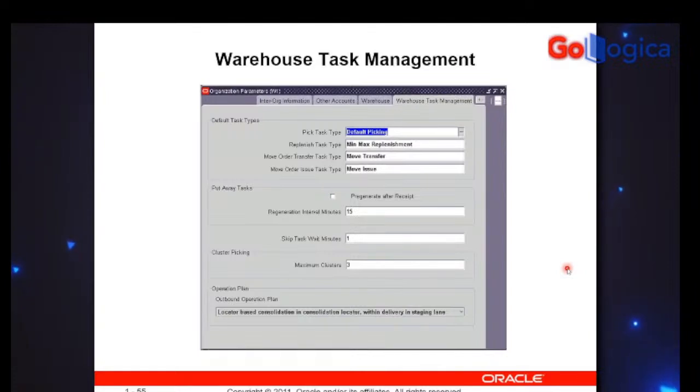Okay. So there is this skip task wait minutes. This is another important tab. Suppose we enter a value in this skip task wait minutes. The number mentioned over here is how long a task skipped by the user will be held by the system before it is returned to the